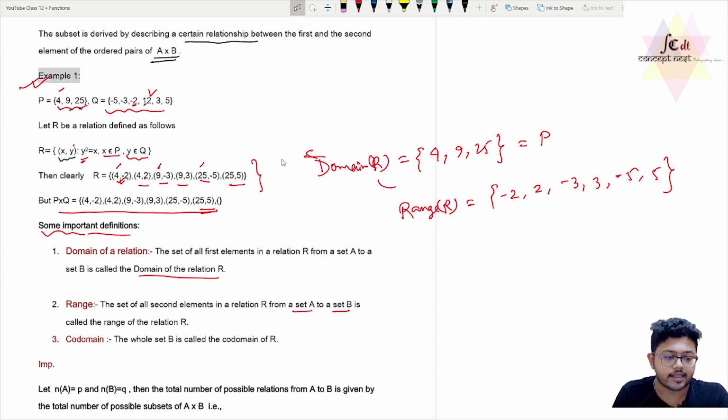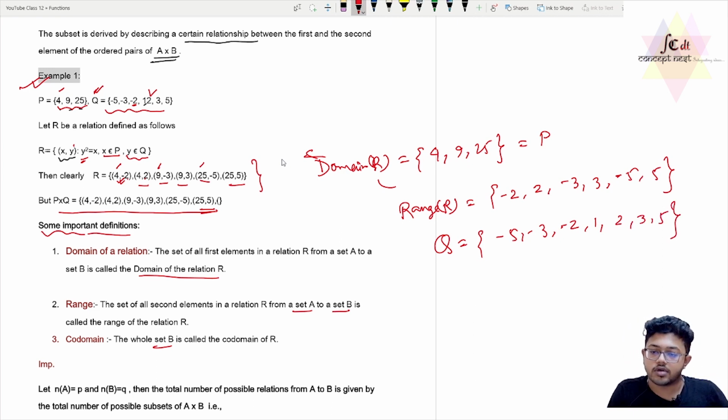And the codomain is the whole set B, called the codomain of R. For the definition we are taking B, but in our example we have mentioned it via Q. So Q or B doesn't matter, it's just the naming. So for this example, the codomain will be the whole set Q. We have already seen that Q is -5, -3, -2, 1, 2, 3 and 5, right? So you can see that the element 1 is not present in the range. So clearly the range is a subset of the codomain,